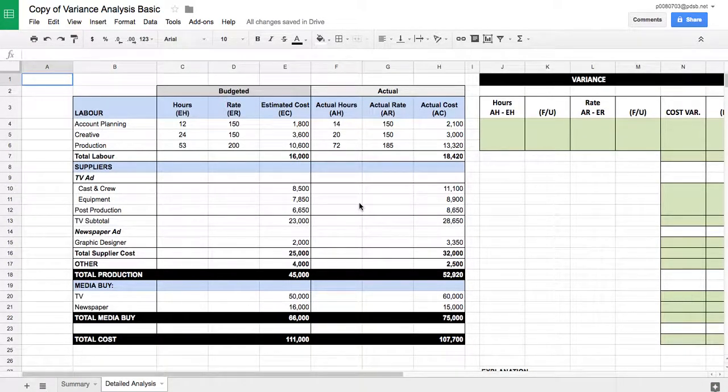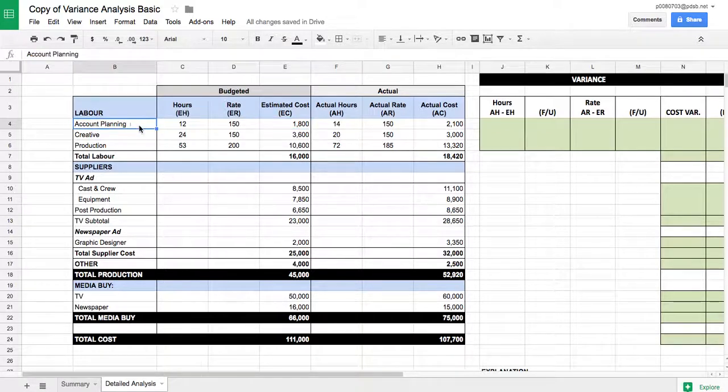And as we talked about in our examples, a variance can result in a difference of estimated cost versus actual cost. But in terms of labor and production, there are two components of this estimated cost, and that is the number of hours we worked and the rate that we charge. So what we want to know, if you look here,